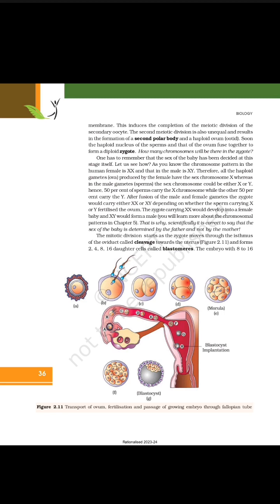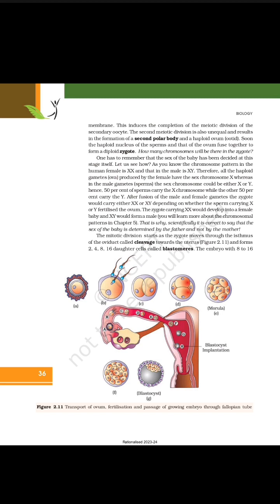The zygote carrying XX would develop into a female baby, and XY would form a male. You will learn more about chromosomal patterns in chapter 5. That is why scientifically it's correct to say that the sex of the baby is determined by the father and not by